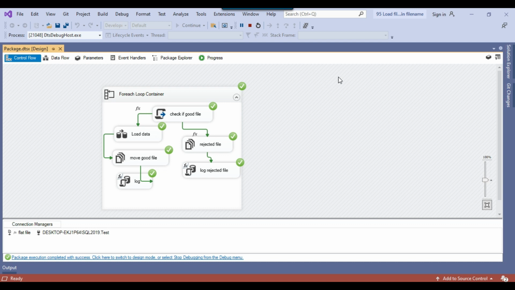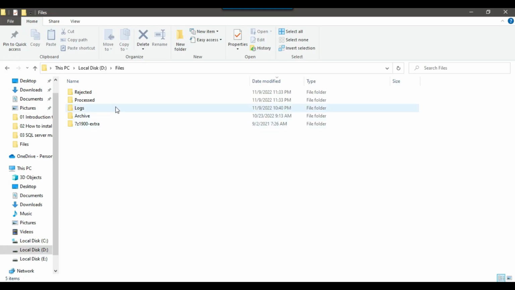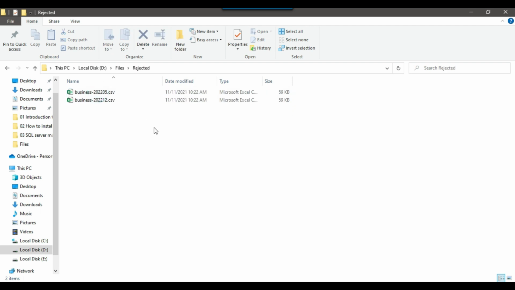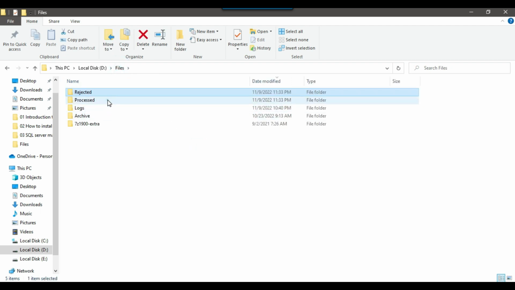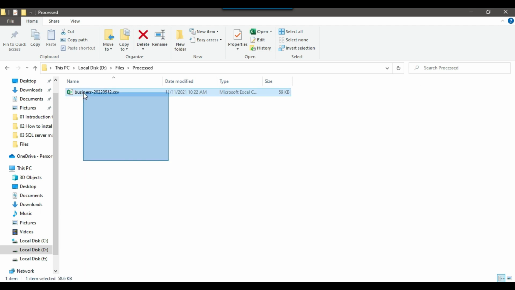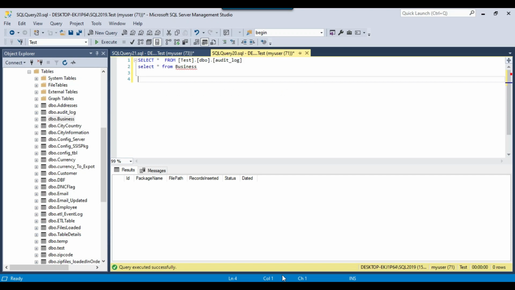So the package ran fine, and now I can go back to the D files location. So as of now there is no file in this particular directory, and I can check the rejected directory. So the 2 files have been moved to this particular location, and I can check the process directory. So 1 file has been moved to this particular location. So this is good. Now I can go back to the SSMS,